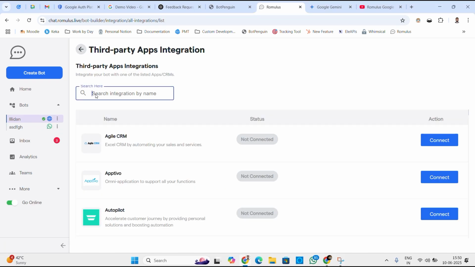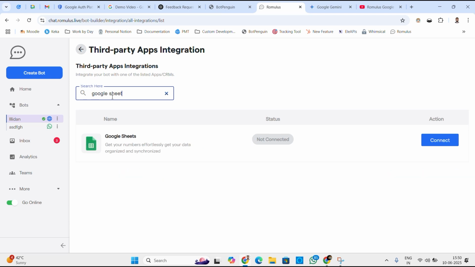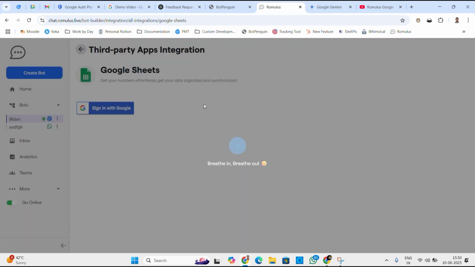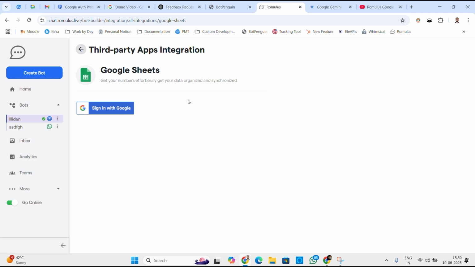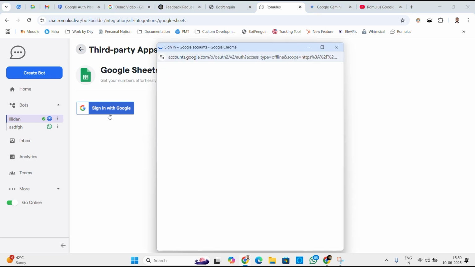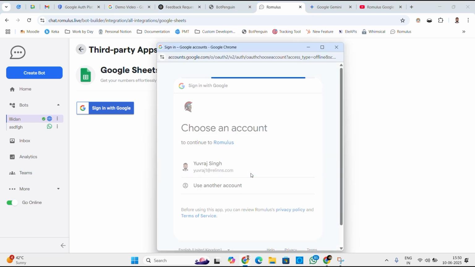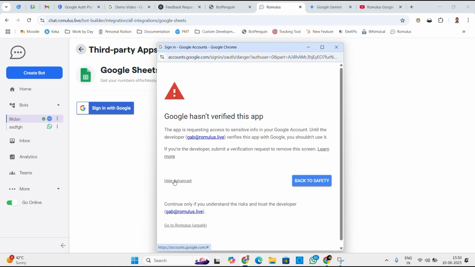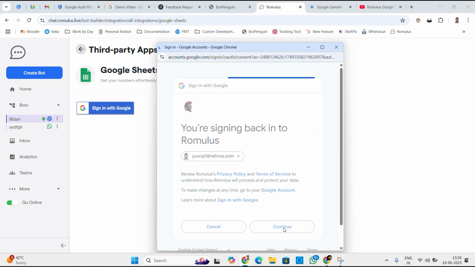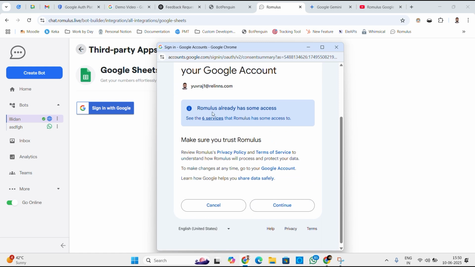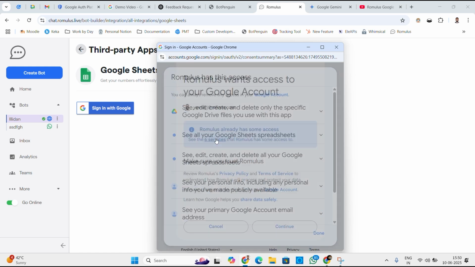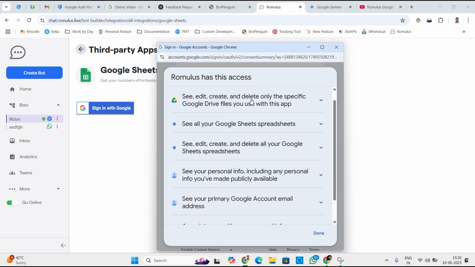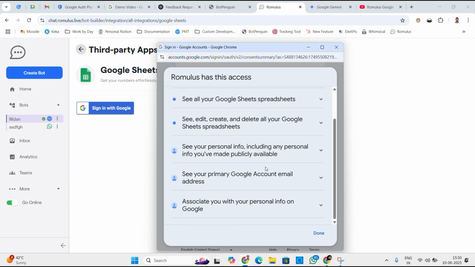So going to third-party app integrations, we will search for Google Sheets and click on connect. The specific scopes that we request for Google Sheets are auth/spreadsheets.readonly and auth/spreadsheets. We need these two because we want to be able to firstly see all the sheets that are present in the connected account. Then we also give access to all the services that Romulus wants, including seeing and creating specific files in our drive, seeing the sheets, editing those sheets, seeing the personal information that has been publicly available,